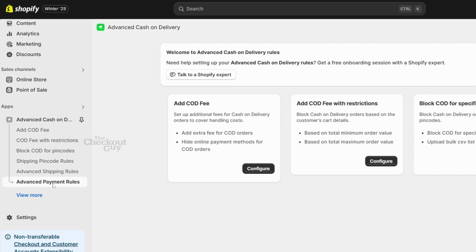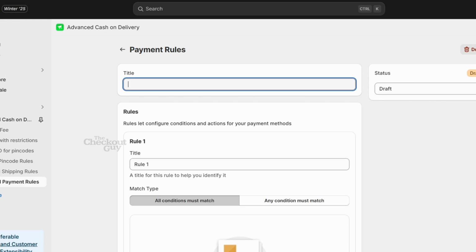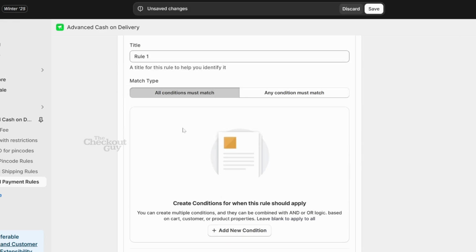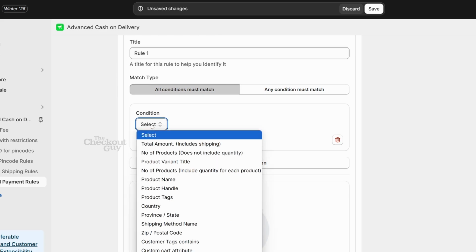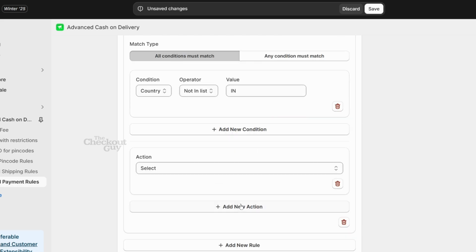After installing the app, go here to Advanced Payment Rules, then create a new payment rule. Give a title like "Hide COD outside of India." Then add a new condition. Select the condition country, operator "not in the list," value IN, which means India. Now add the action, hide payment